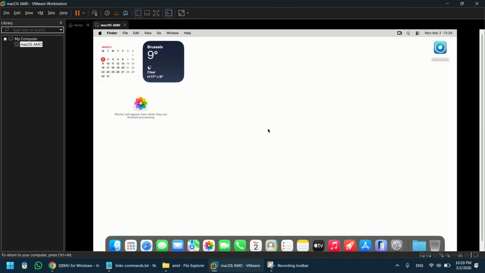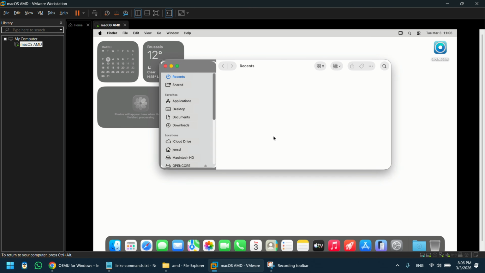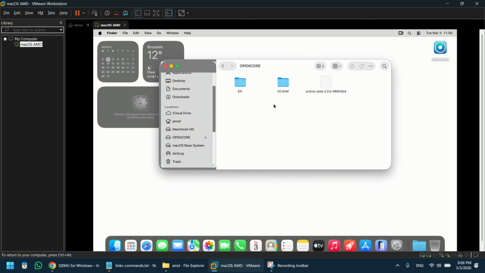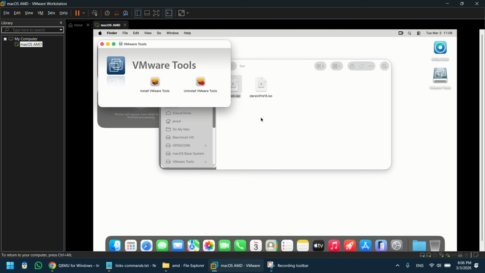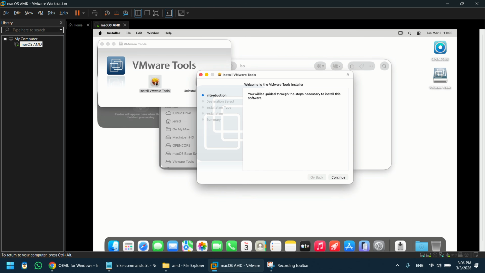OC4VM comes bundled with the VMware Tools ISO, which makes this fairly easy. In the VM, open Finder, then go to the OpenCore volume on the left side, and in here go to the OC4VM folder, ISO, and double-click on the darwin.iso file to mount it. This should bring up the VMware Tools installer. Start the installation now by double-clicking on Install VMware Tools. Click through the installation wizard,